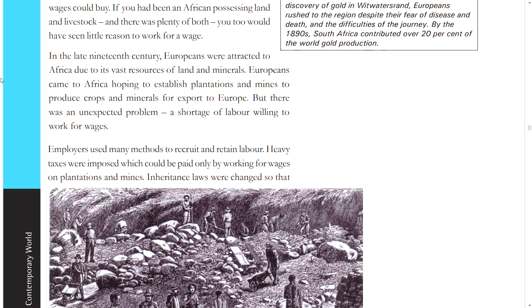In the late 19th century, Europeans were attracted to Africa due to its vast resources of land and minerals. Europeans came to Africa hoping to establish plantations and mines to produce crops and minerals for export to Europe. But there was an unexpected problem: a shortage of labor willing to work for wages. Employers used many methods to recruit and retain labor. Heavy taxes were imposed which could be paid only by working for wages on plantations and mines. Inheritance laws were changed so that